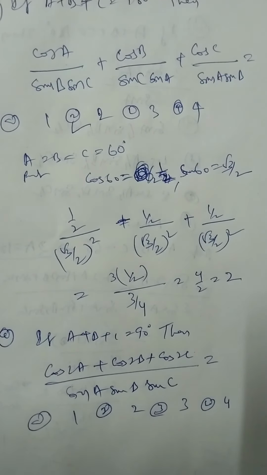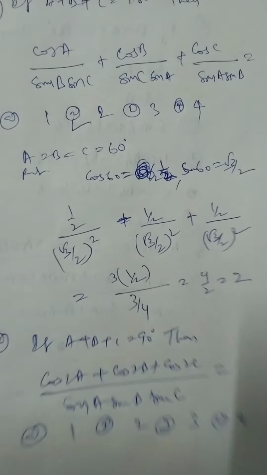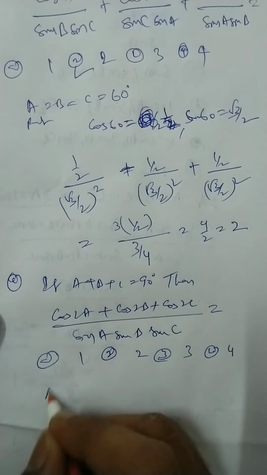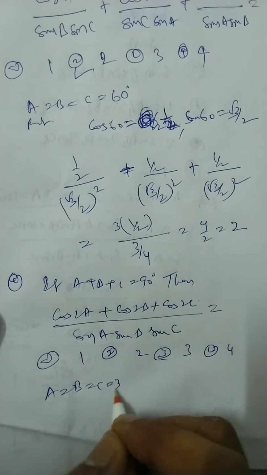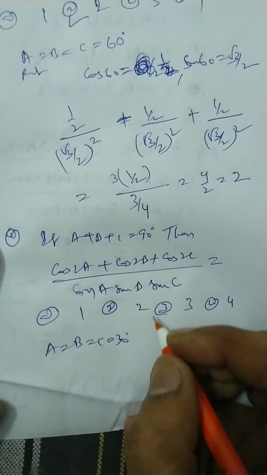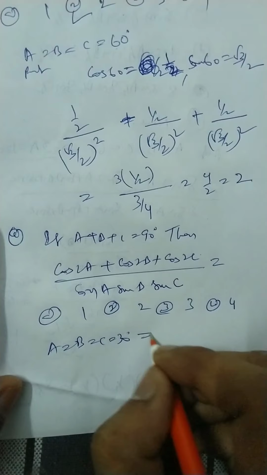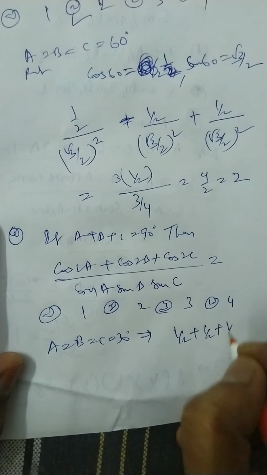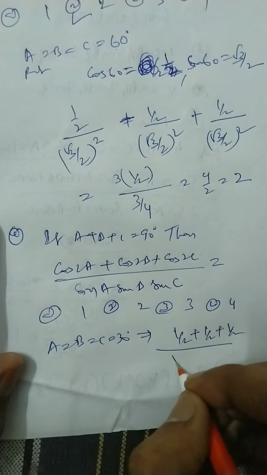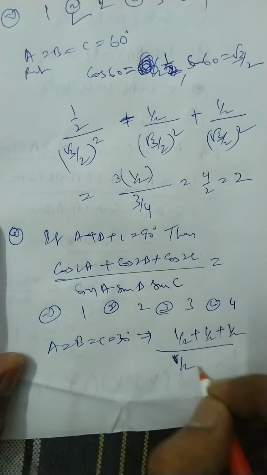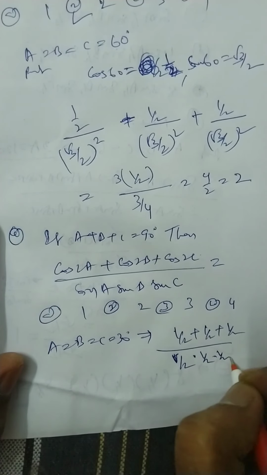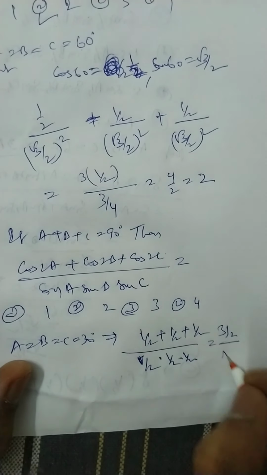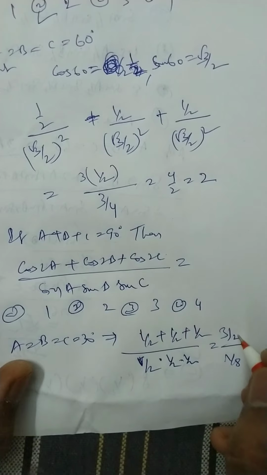The trick is to substitute A equal to B equal to C is equal to 30 degrees. So when you substitute A equal to B equal to C equal to 30 degrees, what you can observe here, that in the numerator cos 60 is 1 by 2, cos 60 1 by 2, cos 60 1 by 2, sin 30, that is also 1 by 2, sin 30 1 by 2, sin 30 1 by 2. So it is 3 by 2 in the numerator by 1 by 8.